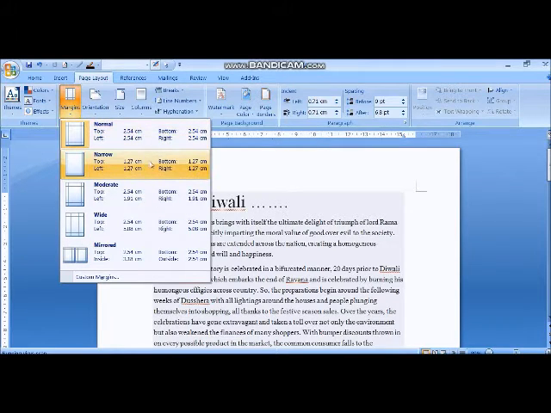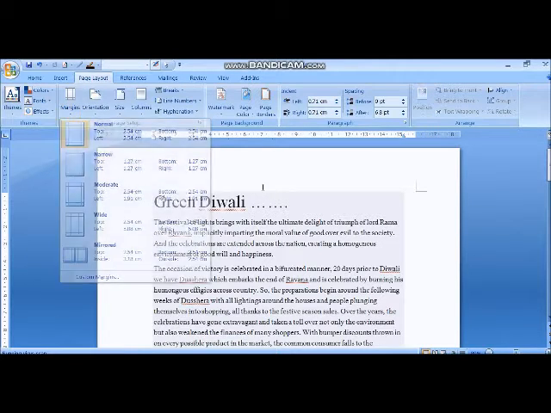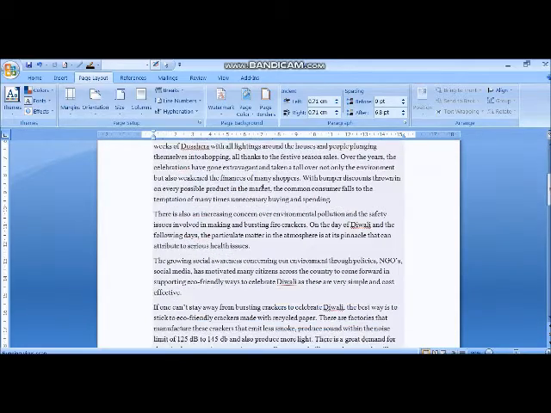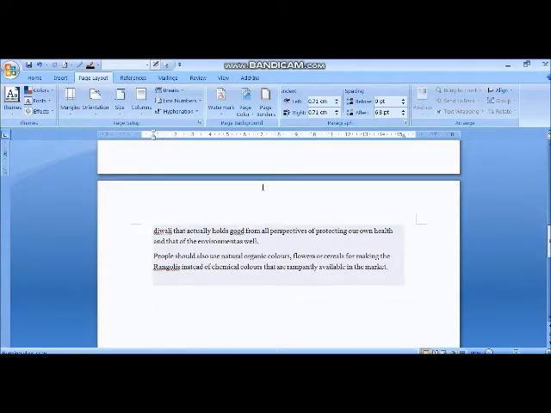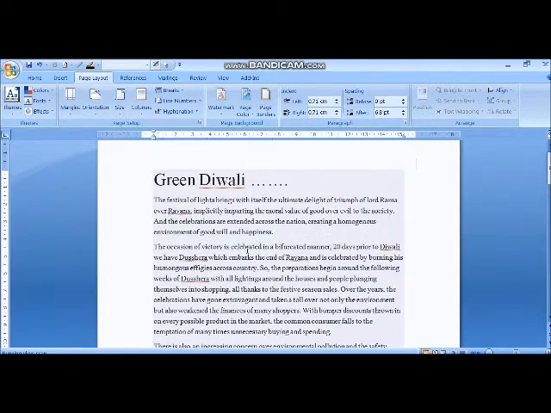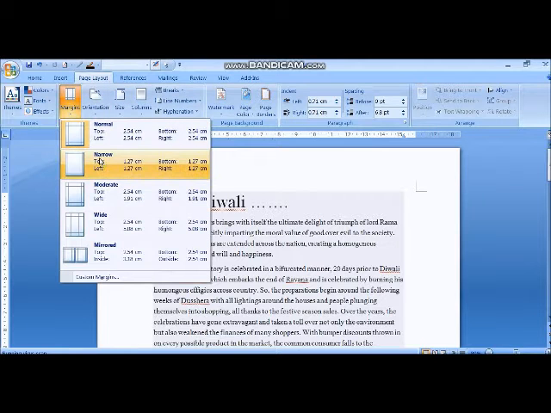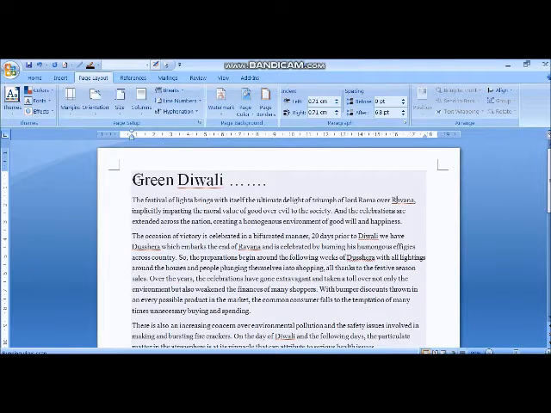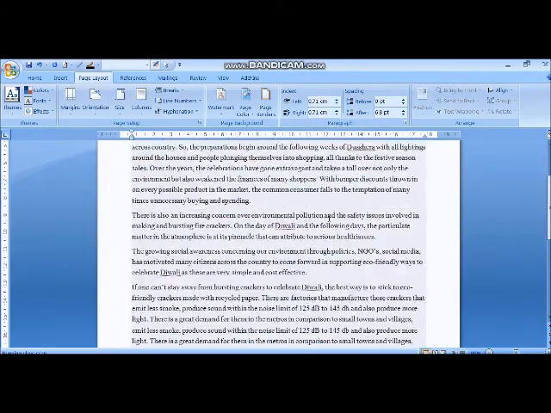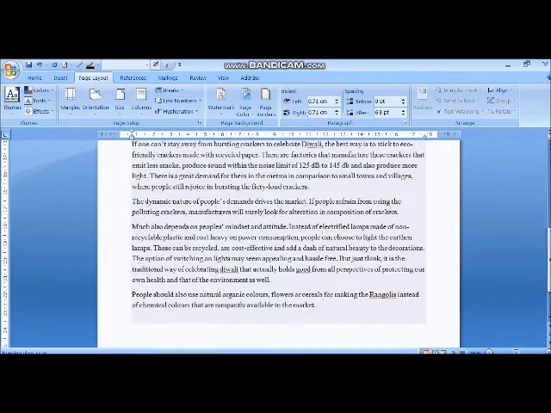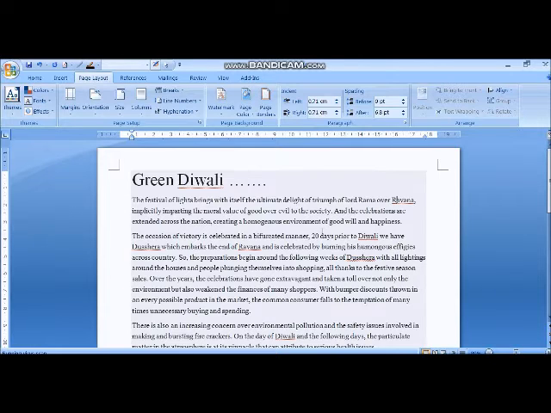Okay, then the narrow margins are there. If your page is not adjusted, suppose you are going to take out the printout and you have seen that this paragraph is adjusted in 2 pages and you want to adjust in 1 page. So how can we adjust? We can set the margin. See, narrow margin, what happened? Narrow margin will be there and the text will be coming on 1 page. So when you are going to take out the printout, only 1 page is required for printout. So this is the use of your margin.